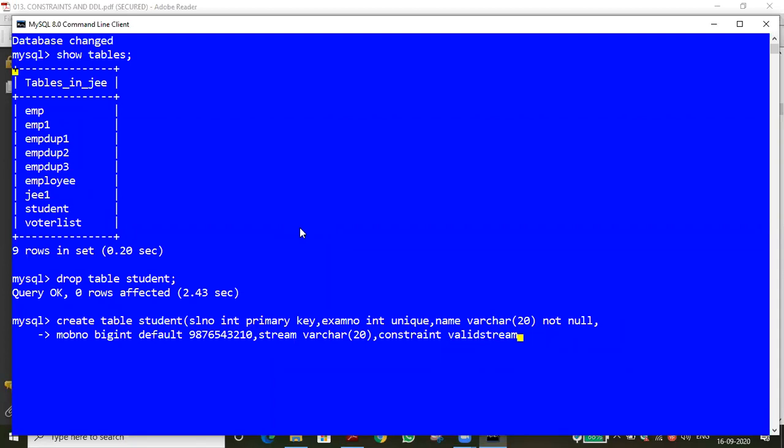Let me apply the check constraint. Check of then field, Stream. So Stream in. Suppose the selected field only, the selected Stream only applies. Yesterday we saw one example, no, how to set age greater than 17, less than 17. Yes, got it? Yes, sir. Likewise we created numbers greater than 5,000, less than 5,000. I hope you are familiar with it.